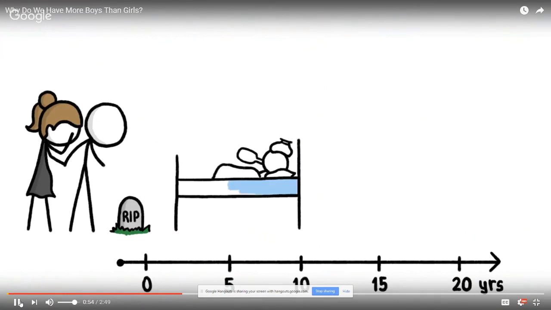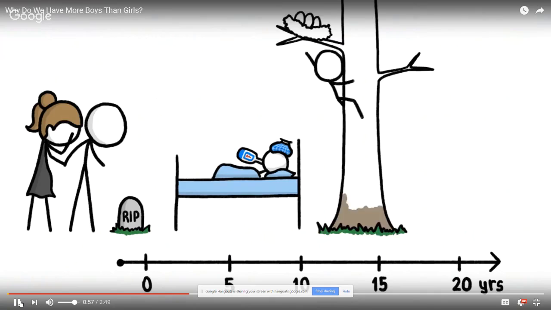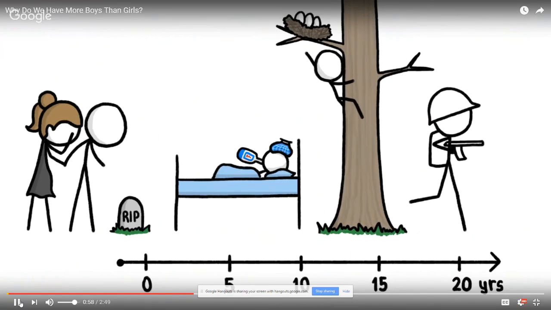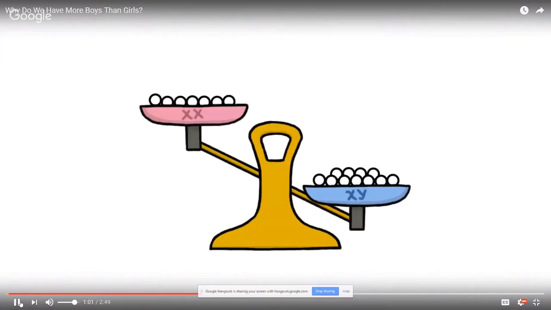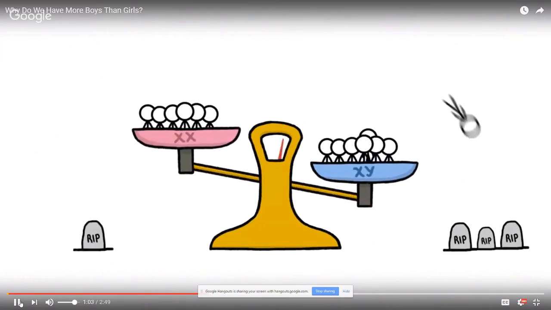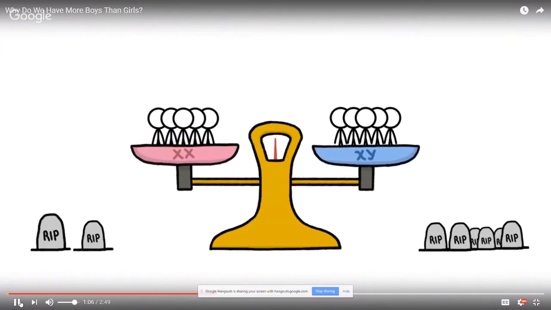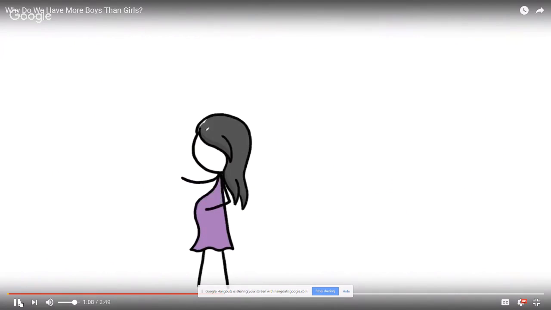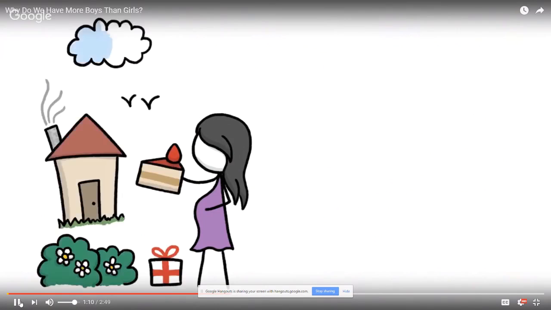And boys that do make it out of the womb suffer more fatal diseases, take more mortal risks, and fall prey to more violence than girls. So by the time kids grow up and reach baby-making age, the ratio of males to females is just about 1 to 1. But the likelihood of a boy even making it to birth is also influenced by his mom's